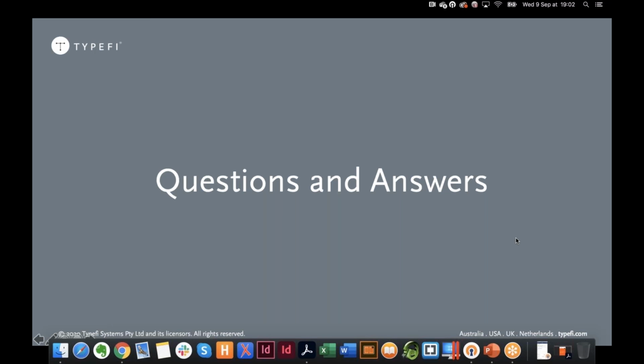If we're just talking about Typefi, we have a web services interface, a RESTful API, and so we can tie into and integrate with any other sort of CMS. We've done work with Documentum and SharePoint and other sorts of things. Sometimes you have to have a middle layer between the CMS or CCMS and Typefi to do that management. And that's like what we were showing with the AEM integration.